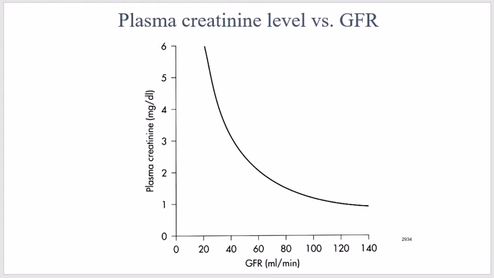So, the amount of creatinine excreted slightly exceeds the amount filtered. There is normally a slight error in measuring plasma creatinine that leads to an overestimate of the plasma creatinine concentration, and the two errors tend to cancel each other. Therefore, the creatinine clearance provides a reasonable estimation of the GFR.